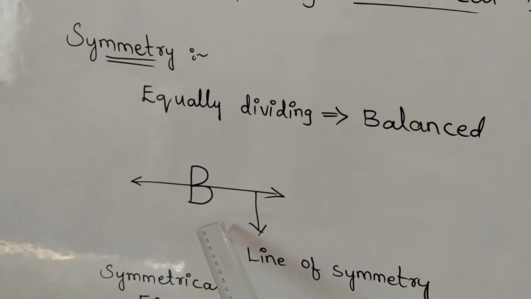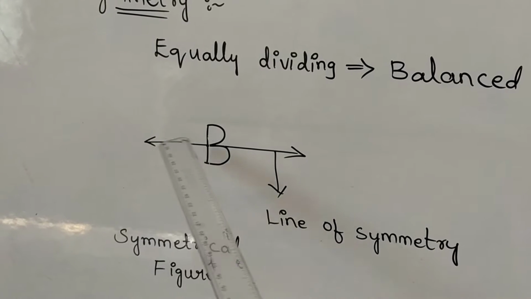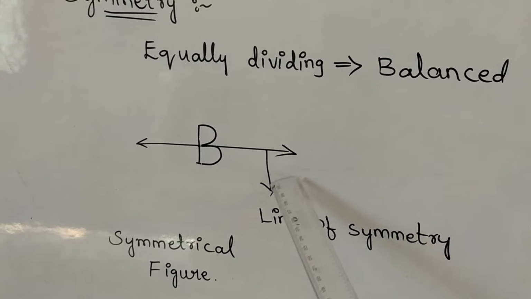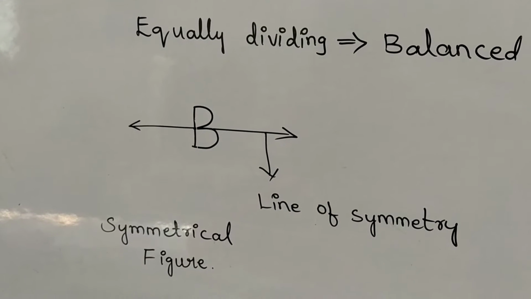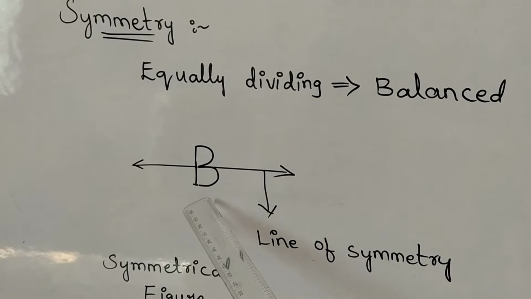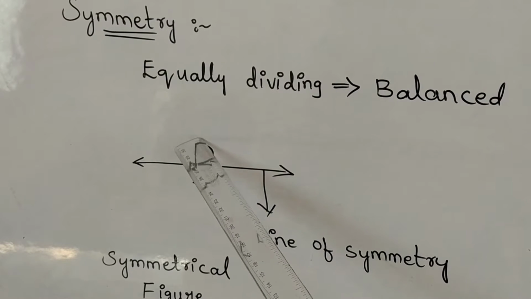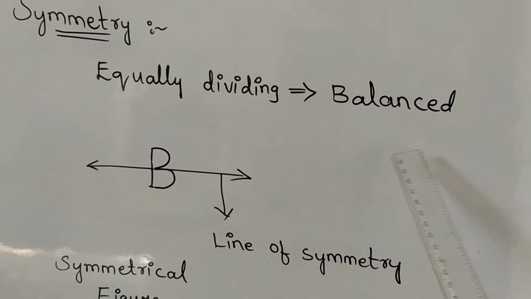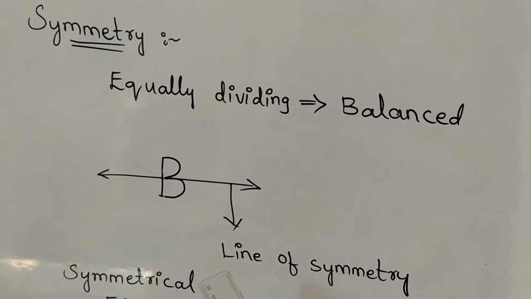See here, I have drawn the capital letter B, and for this I am drawing one line, and it is dividing the letter B into two equally balanced parts. So this line is known as the line of symmetry and the figure is known as a symmetrical figure. The figures which can be divided for symmetry are known as symmetrical figures, students. Observe here, you have to draw a line exactly in the middle, then it will divide it in a balanced form, that is, upside and downside the figure is the same.